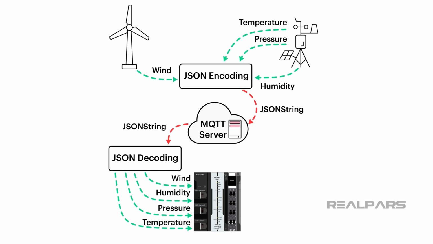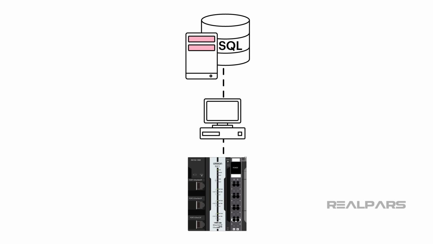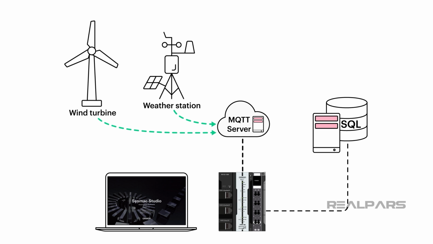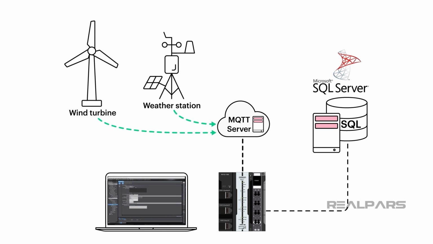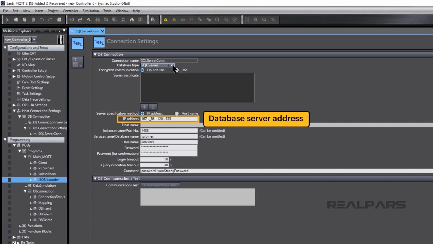Okay, let's talk about the NX machine controller database and how to access and use it. Unlike most other PLCs or control systems, Omron controllers do not need any additional software, hardware, or server middleware. Connecting with an SQL database is easily accomplished. In our example, we chose MS SQL Server to interact with our controller database. As you can see, there are several possible relational database type servers to choose from. To complete the connection, we add the database server address and the database username and password.